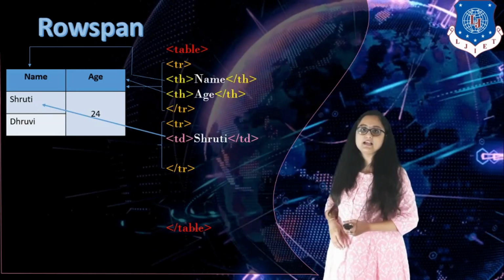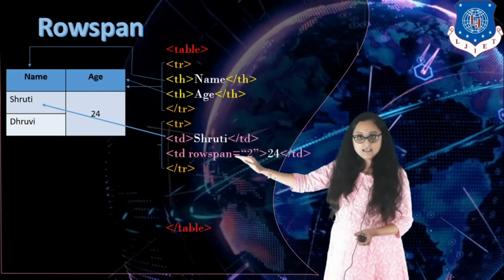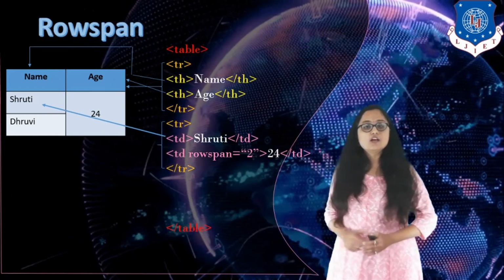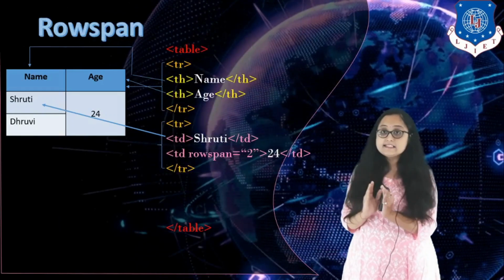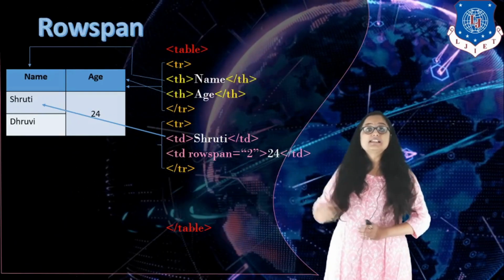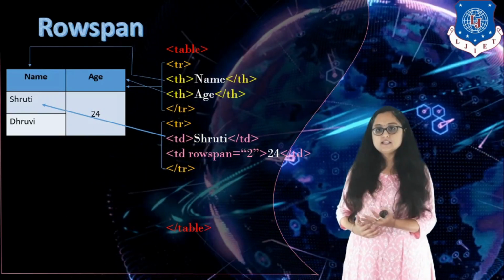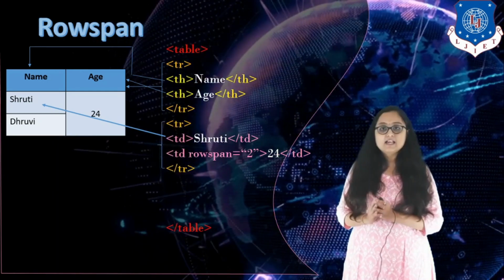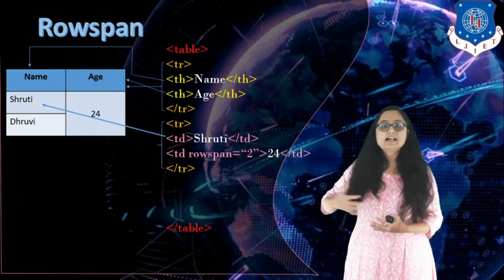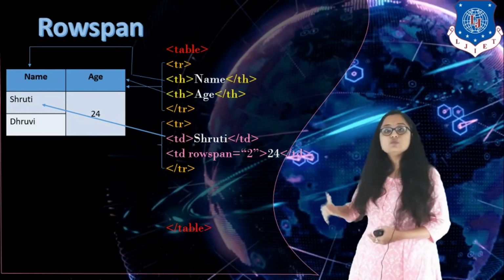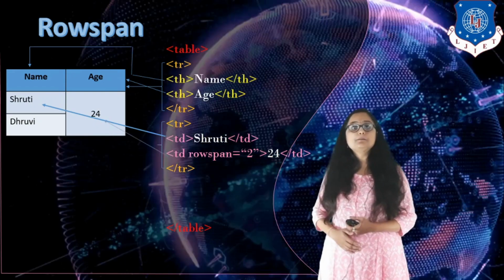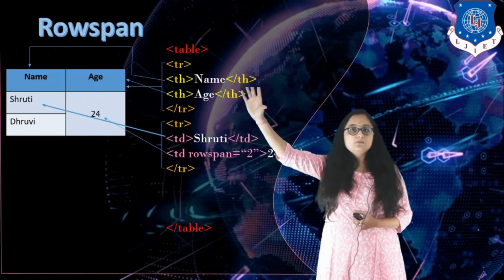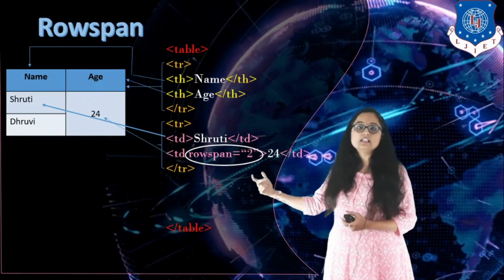So here comes the row span attribute. So we will write here TD, right? That is the tag that we have to write because we want to write some data inside it. Which data is it? Yes, you have to write 24 as data inside. So TD is the tag you are using. Row span is basically an attribute. I've already discussed what an attribute is. An attribute is a property of any tag which enhances the basic characteristics of the tag, right? So what does row span do here? Row span basically is telling the TD that this column, that is the column with data 24, is basically spanning two rows.